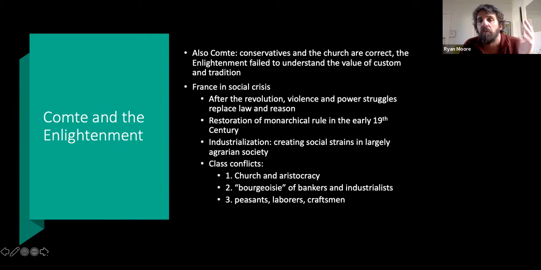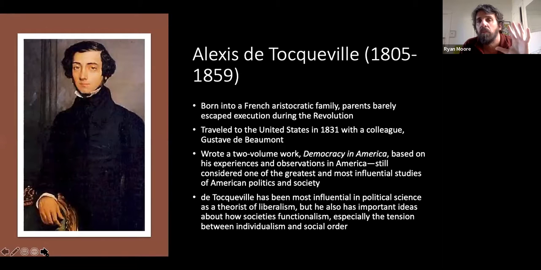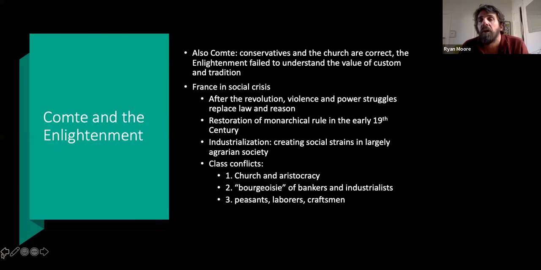So both Tocqueville and Martineau are basically European intellectuals who come out of this milieu of thought, and then they travel to the United States in the 1840s, and each write different accounts of American society. And so we will pick it up with them next time.